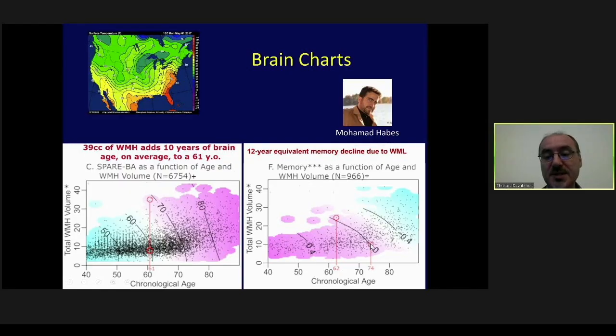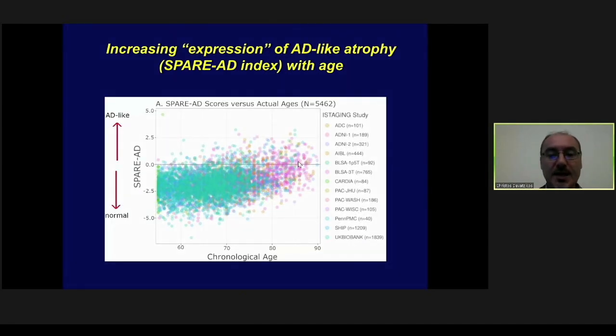Similar results can be seen here if you follow this isocontour, if you essentially slide along this isocontour, which is not different from these isocontours here in these temperature maps. But what you see here is that the 62-year-old and a 74-year-old have the same memory performance, but of course they differ in white matter lesion load. So these white matter hyperintensities make you 10 plus years older, so they're not a good thing.